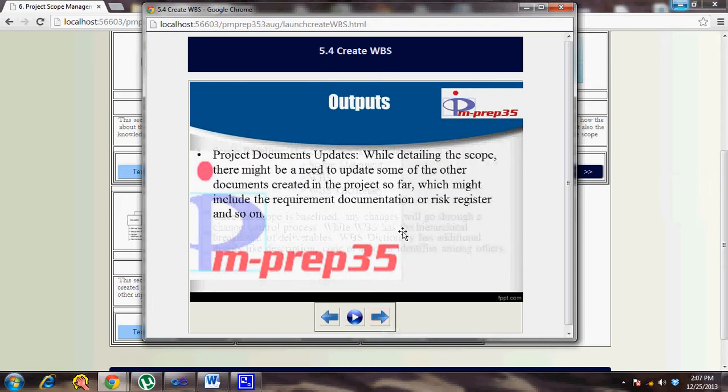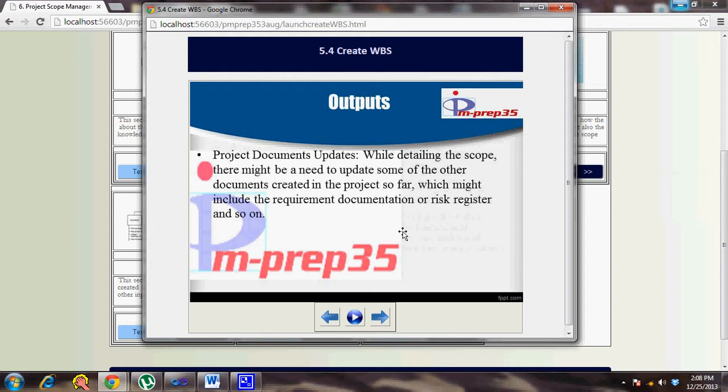So as already discussed, the project document updates is an important output of this process, basically because when you're working on baselining the scope in terms of coming up with the WBS, you might have to refer to your scope statement. If there is something missing based on your requirement documentation, you will have to include that in your WBS or the scope statement. But if you have found out something while decomposing to the WBS level, some requirement that has been left out in the requirement documentation, then you will have to revisit the requirement documentation, or for that matter any other documentation, and make updates.